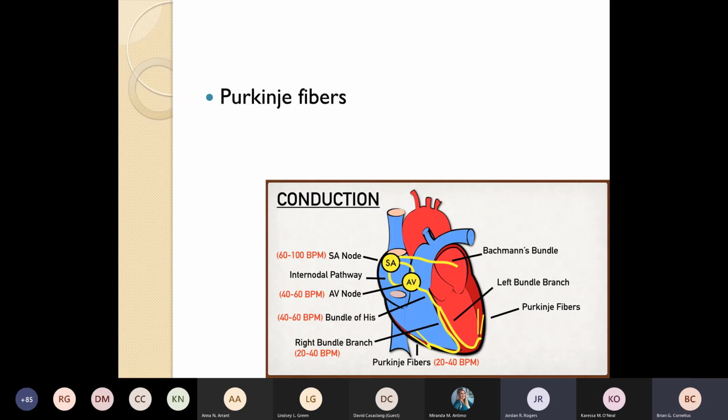So finally, we get down through our bundle branches, and we get down to the Purkinje fibers. These are those last ventricular fibers sitting down there. They're in an interesting situation, because instead of spreading impulses via the traditional pacemaker cells, a lot of times they spread the impulse by the contractile myocytes. So it takes a long time for that impulse to go cell to cell to cell, as opposed to following the traditional conduction pathway that we're used to. So again, when you start thinking about those longer transitions or longer travel times, you're going to have larger QRS complexes. So anytime you see a big QRS complex,